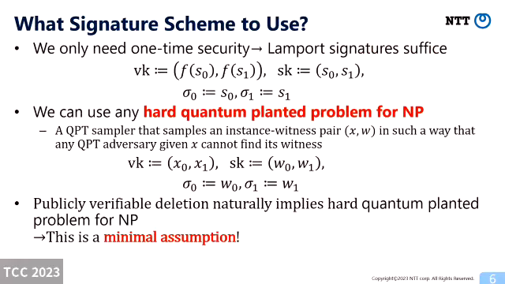I don't know of any other relationship for this assumption. For example, it's easy to see that this is, of course, weaker than the existing one-way function. And we can also say that publicly verifiable deletion with classical verification implies it. So by minimum assumption, I mean that for constructing this, we have to at least assume this. That is why I said this is the minimum assumption. But for the relationship with something else like one-way state generators or EFI, I have no idea, but I guess it's unlikely that there is any relationship.